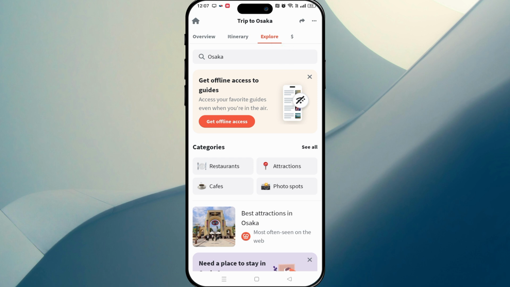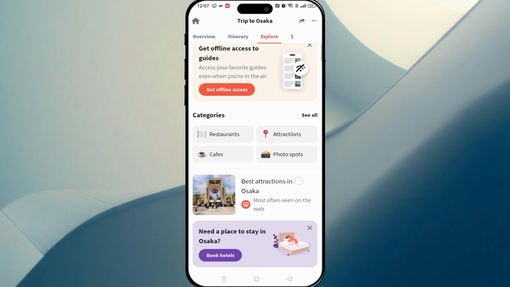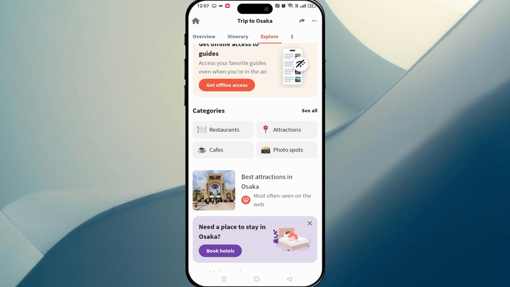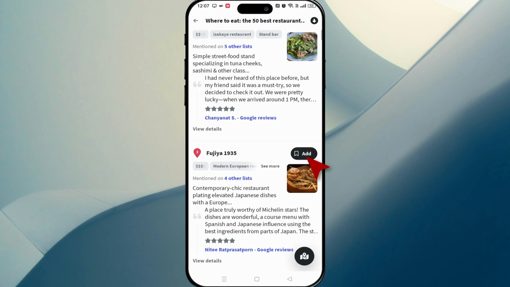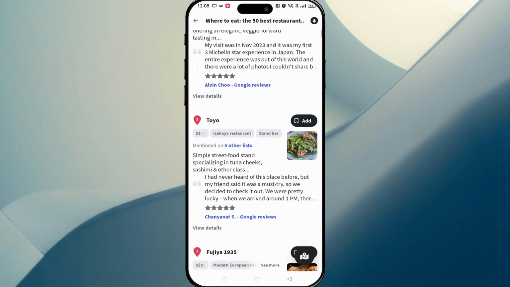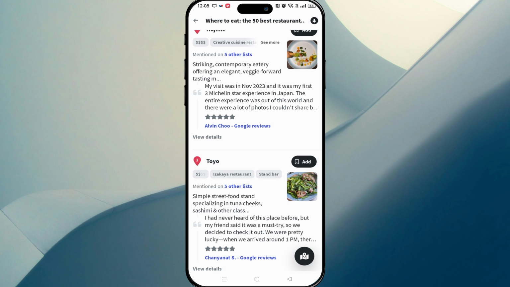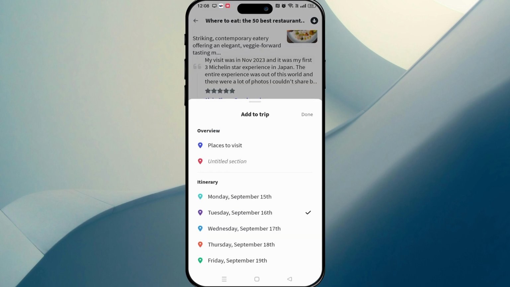So what's nice about Explore is that they give you tons of suggestions for restaurants, coffee shops, attractions, things like that. And you can go through these categories and just look for some places that you might want to visit. So let's say you want to go to Toyo. You can just click on Add, and you'll see this pop up here. You can hit Change because it's going to be for the last date you selected on your itinerary, and then you can change it to a different date like Thursday, or maybe you've got two dates like Tuesday and Monday,